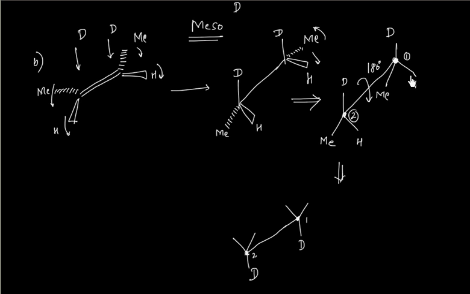Now anything that is on this side will go diametrically opposite, so it will be here. So hydrogen will be here, methyl will be here, because if I rotate by 180 degrees, this bond will go here. Similarly, here hydrogen will go here and methyl will go somewhere here.